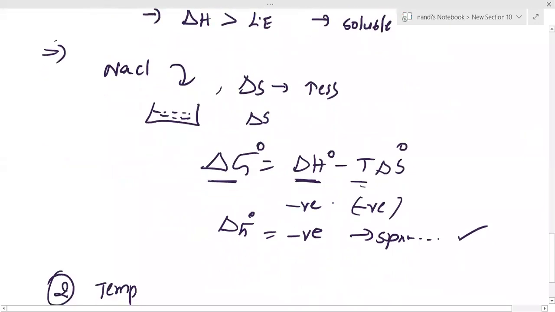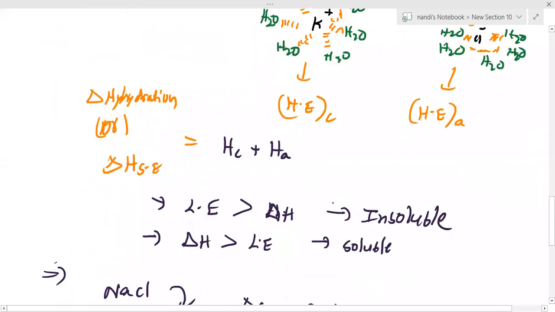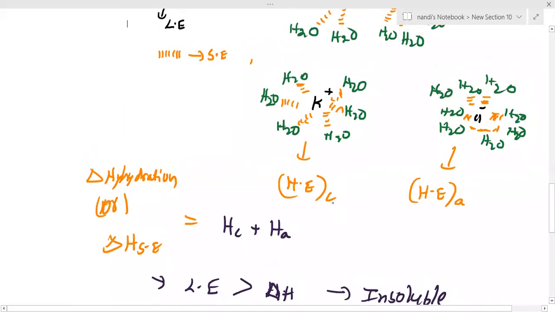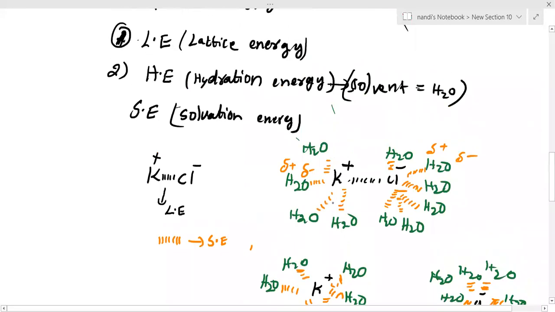Once completed, let me know. Lattice energy, hydration energy: you can note down the comparison, which is more, which is less, and which is soluble. And the above one, if you want, you can check it, sir. The other diagrams, no need to note down. Now you can check: solubility of an ionic compound depends upon two factors, lattice energy and hydration energy.